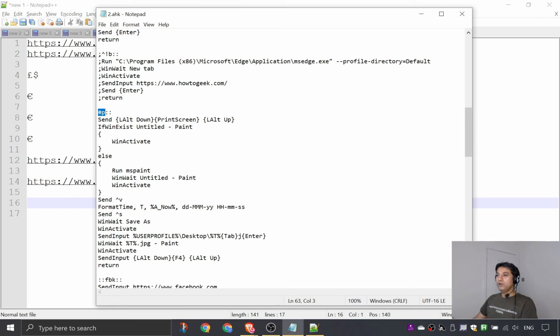Now, in order for me to do this, I need to first click on print screen. Then I need to open Paint. Then I need to activate it. If it's already open, activate it. If it's not open, then run, type MS Paint, wait for the particular window to open, activate it, then send Control V, so paste the particular photo, then create a variable and format the time,